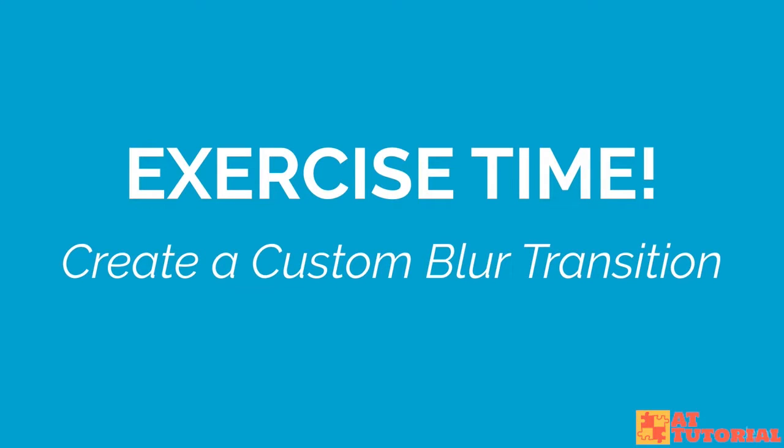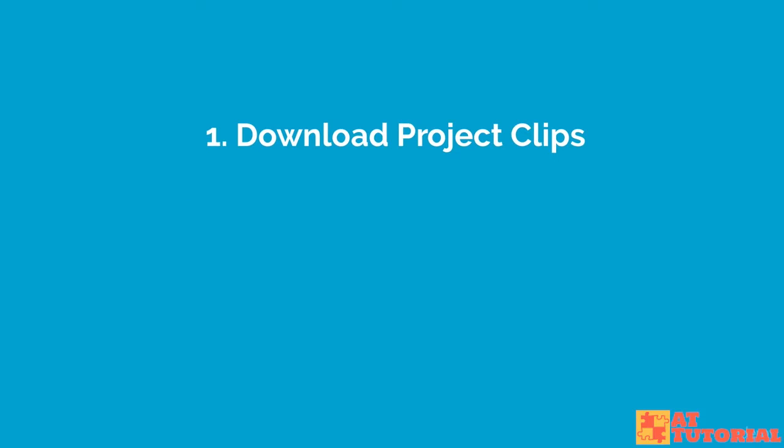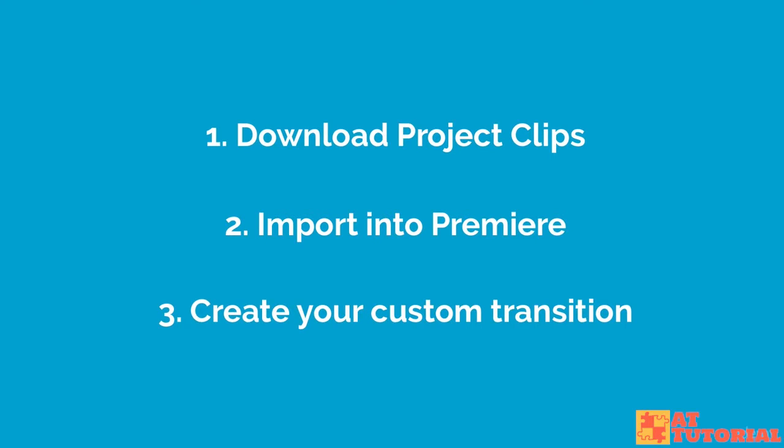Now it's your turn. If you haven't been practicing, go ahead, download the Anthony Clip 1 and Anthony Clip 2 files from this lesson, import them into Adobe Premiere Pro, and then add your own custom transition, playing around with the different strengths of the blur, and also where you put it, how long the transition is from on to off, where the transition is, and even how long the cross dissolve is. You can come up with different ways to make